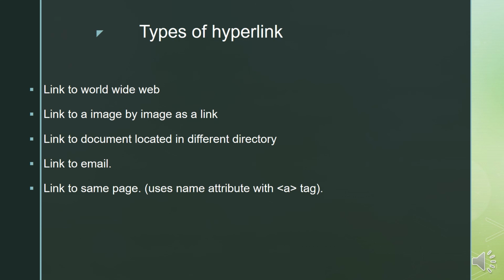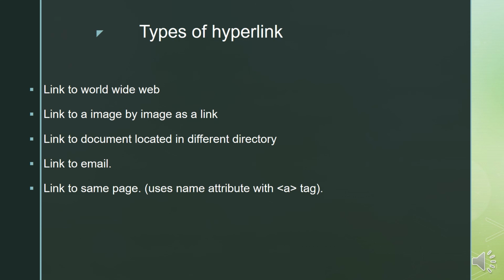For example, I have named the first part history. So when I click on history, it should go to the history section of that document. I'll write name equal to history, and wherever I want to create the clicking area, I'll write a href equal to hashtag history. Whenever I click on that object, it will jump to that part of the page.